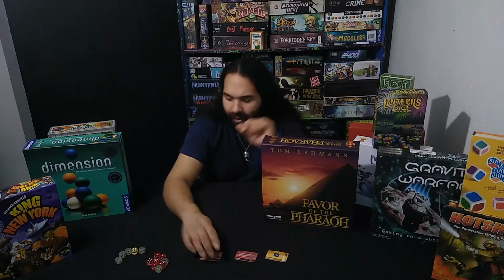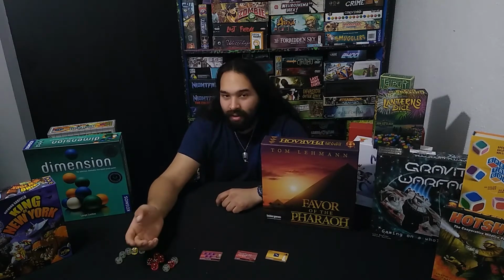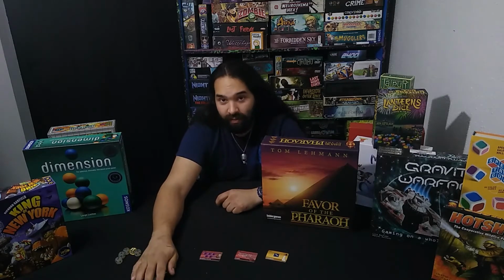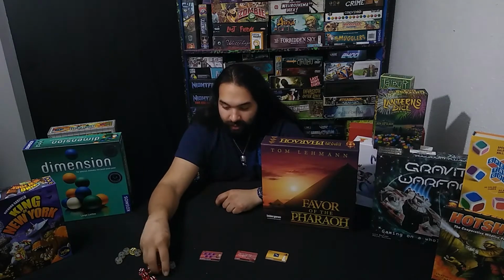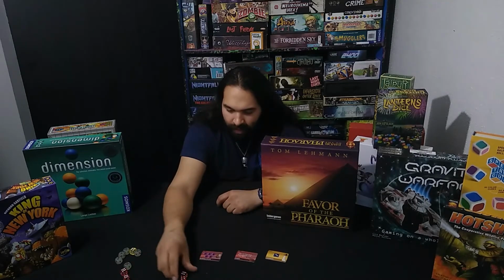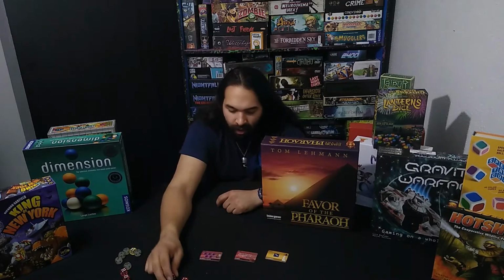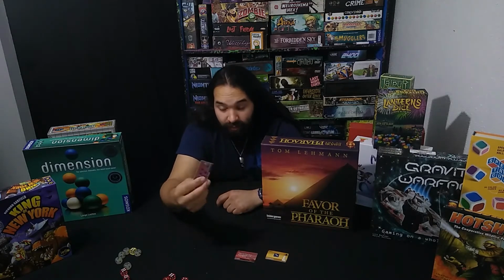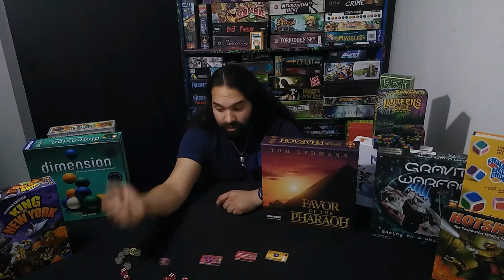So in Favor of the Pharaoh, it is a dice and tile collecting game where you're trying to build up your dice pool in order to roll 7 of a kind. So the way you do that is you're going to be starting off with usually about 3 dice. You roll them, and then you can say you get a pair, and there's a card that you can collect